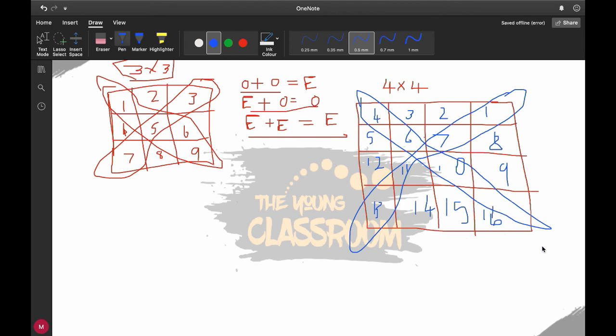On this diagonal we have even elements, so any two elements we pick up, since even plus even is even, we get the sum as even. On this diagonal we have all the odd elements, so as I told you for the earlier matrix, if you take two odd elements, your sum would be even. And also all the elements are used, and this matrix is also easy to print, because it is a spiral way: 1, 2, 3, 4, 5, 6, 7, 8, 9, 10, 11, 12, and 13, 14, 15, 16. So you can easily go about it.